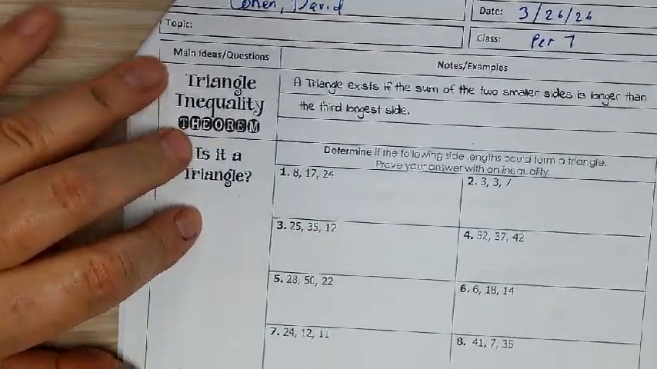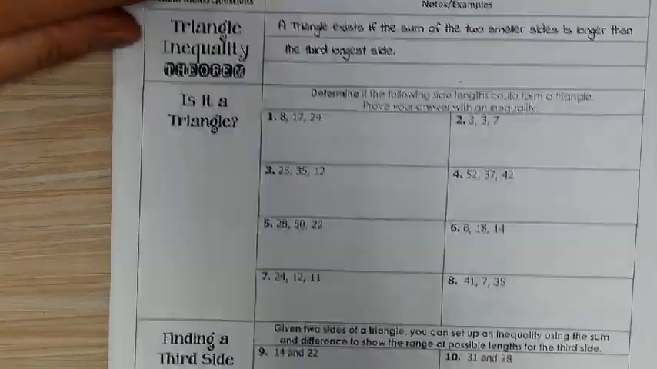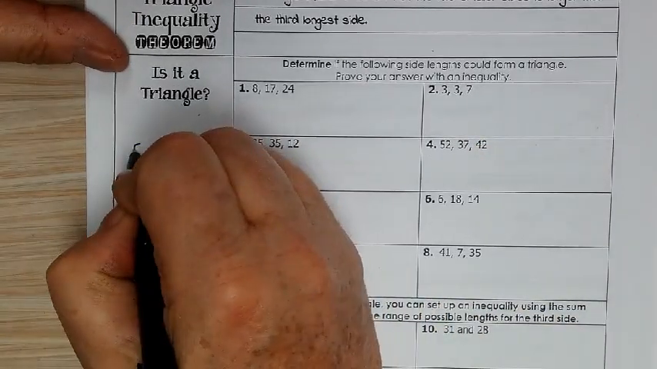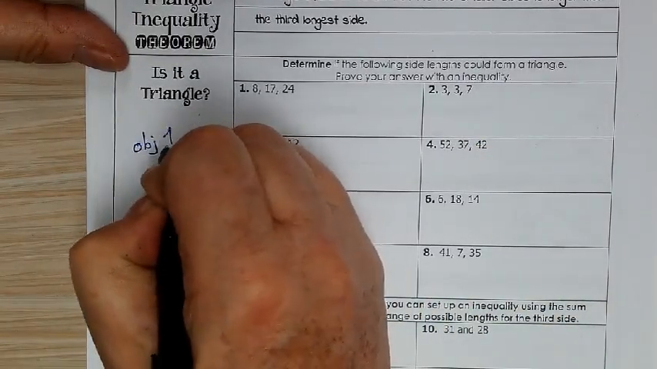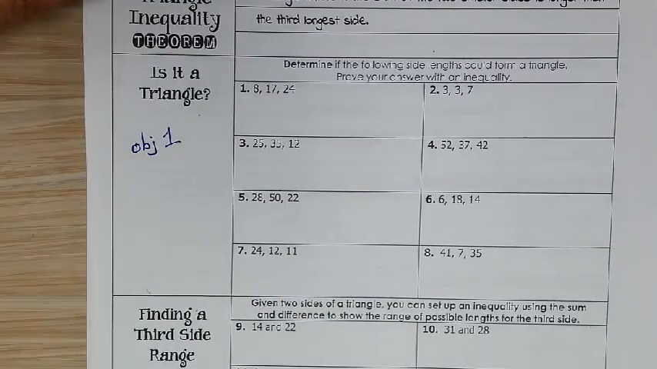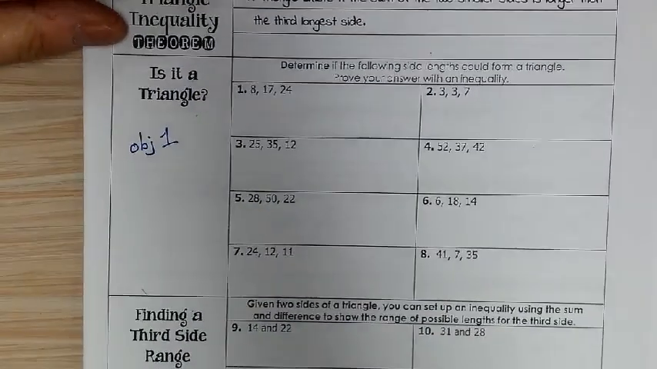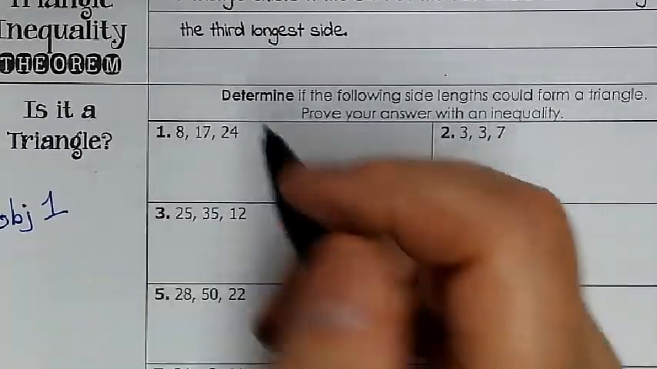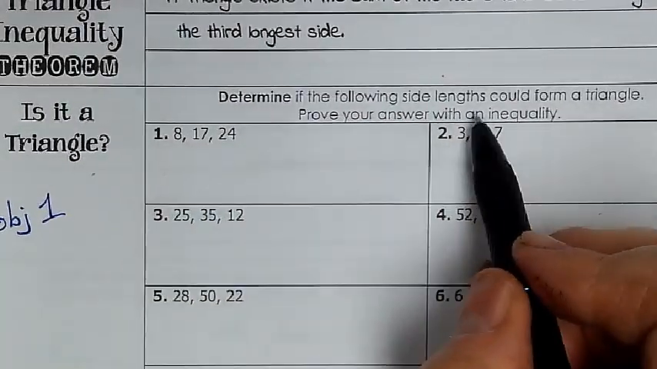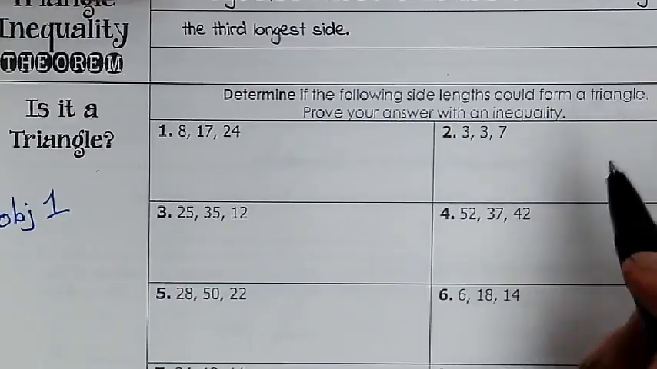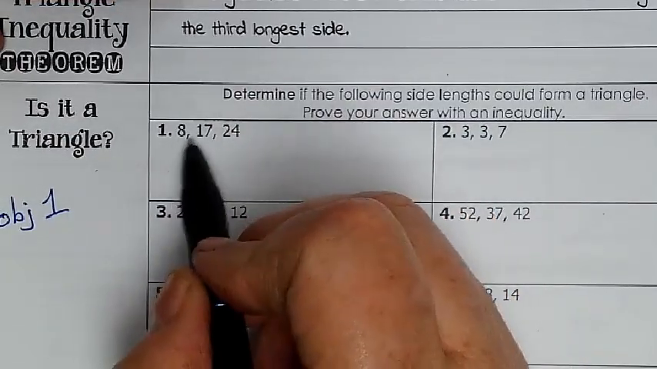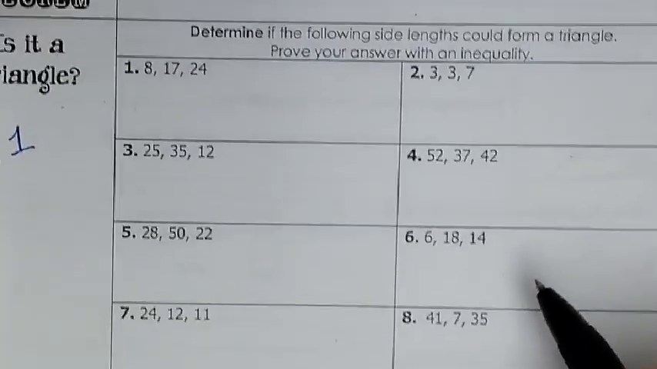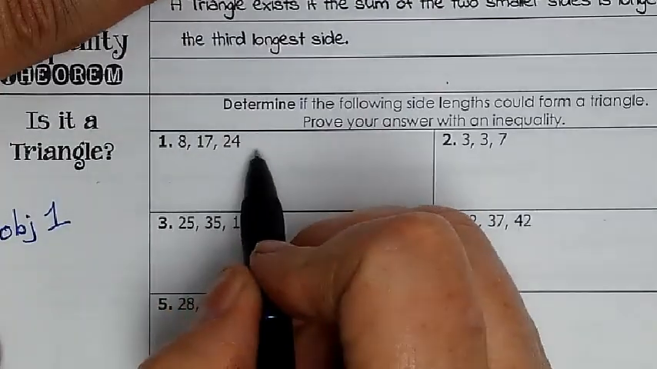This section, 1 through 8, all has to do with objective number 1. Before I release you, do you think I could do 1 or 2 with you? Like number 1. It says determine if the side lengths could make a triangle. Do you remember the shortcut method to see if those 3 can make a triangle? And this is on the test. It's on the ELC. They always put this on here. Add the 2 short sides. Okay, so 8 plus 17, and that's got to be greater than